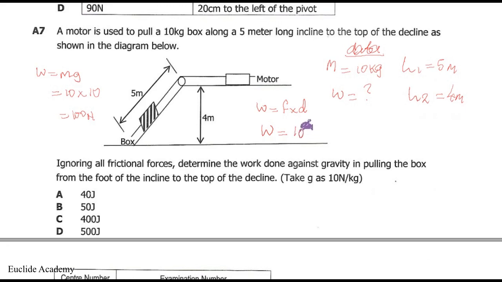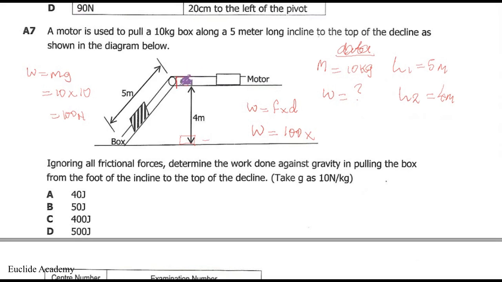So we have got 100 as the force times, what is the distance? The distance here we are considering is the vertical distance, because we can't use the distance from here to there. Okay, the actual distance moved by this box here is from here all the way to the top there. So this is the distance we want, not the slanting one, we want the vertical one. So multiply 100 by 4 meters and we get